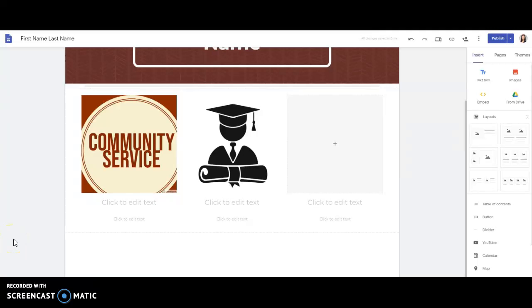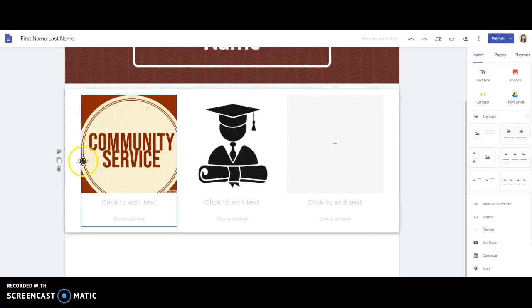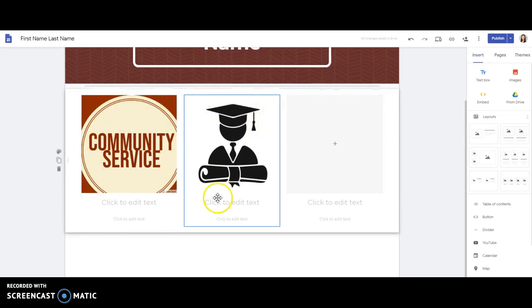Buttons are a great way to guide your viewers where you want them to go. A button can be anything. This is an image that I have created, and then this is just an image that I've searched for in Google. It's important to know that these buttons can link to different pages within your ePortfolio, but they can also